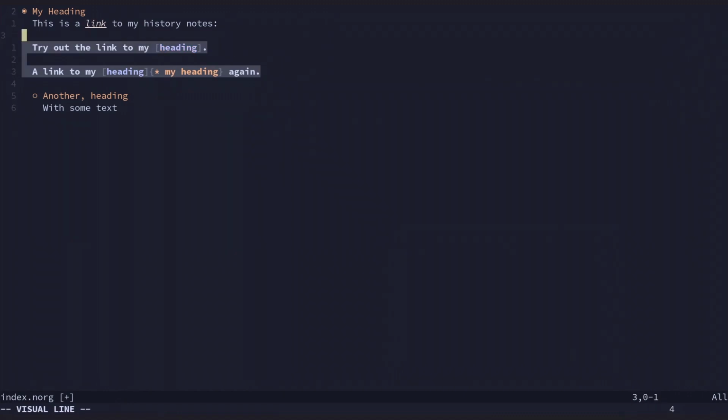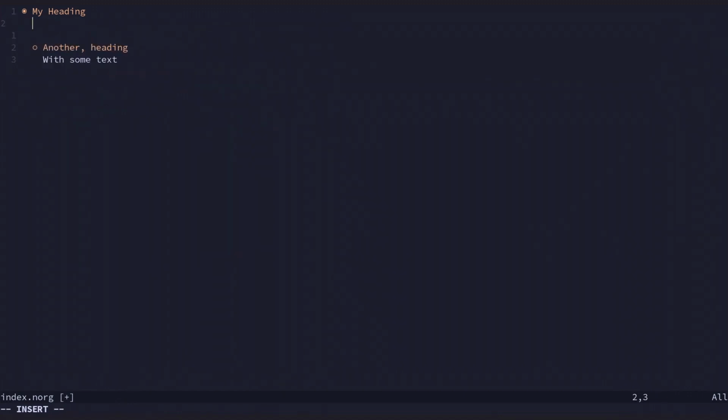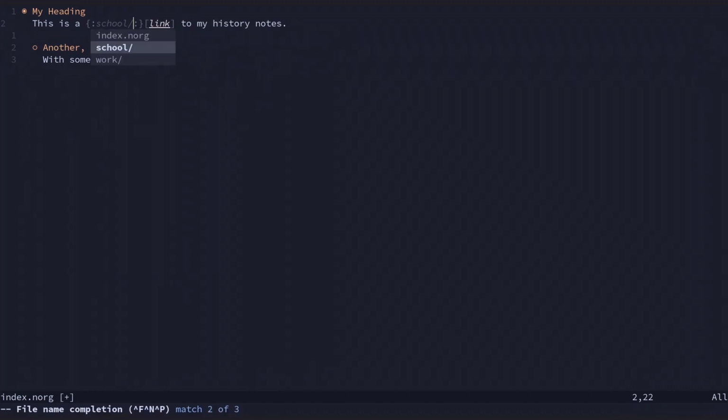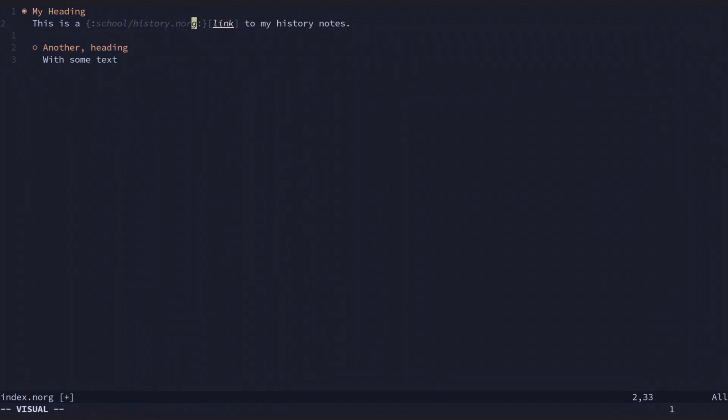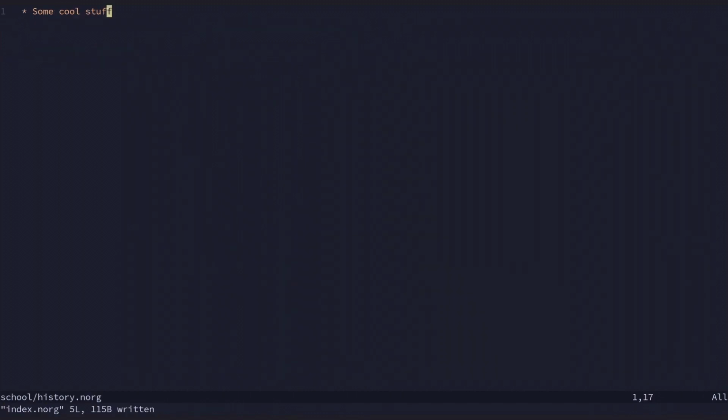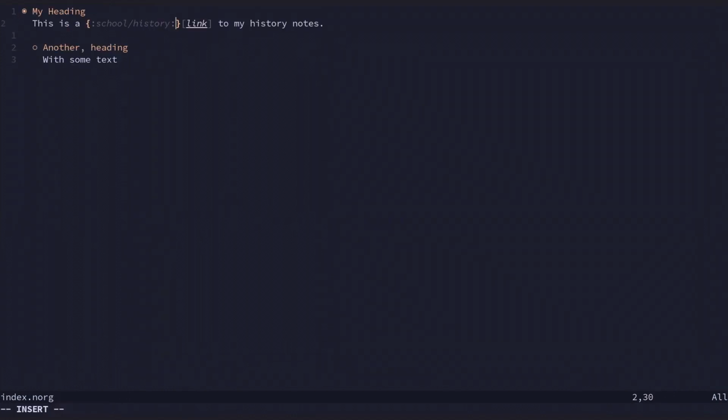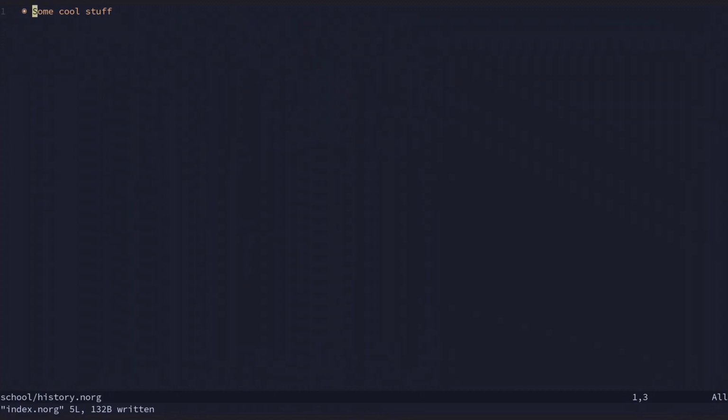So inside of your file, what you can do is say this is a, and now we're going to define the link location in a bit, link to my history notes, right? How do you do this? Well, first we need to define the location, the file that we'd like to link to, which in this case is going to be school/history without the Neorg extension. But if I just hit enter on this, it's just going to take me to the file, but not to the heading. For it to take me to the heading, I define the heading afterwards. So some cool stuff. And now if I hit enter, it's going to take me directly onto the heading in